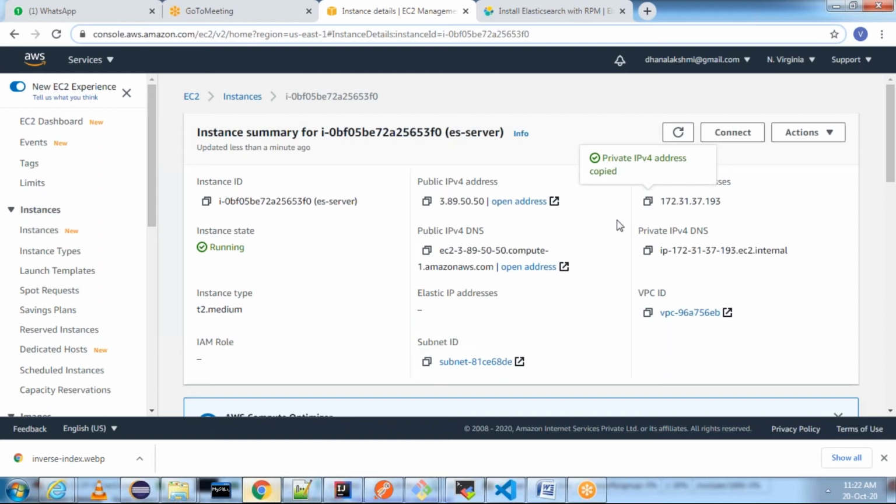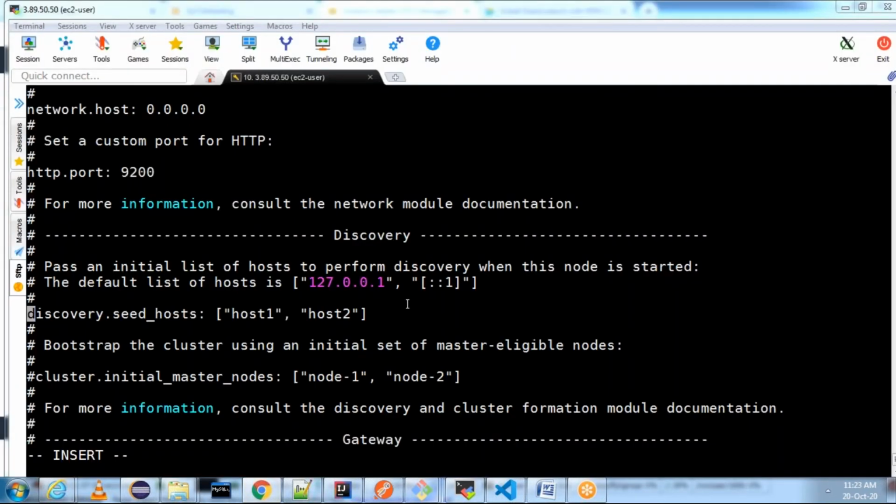Make sure whenever you are installing Elasticsearch on an EC2 instance, you copy the private IP in the seed hosts and initial master nodes. Go here and replace host 2 because it's a single machine. Remove host 2, and in place of host 1, mention the EC2 private IP.